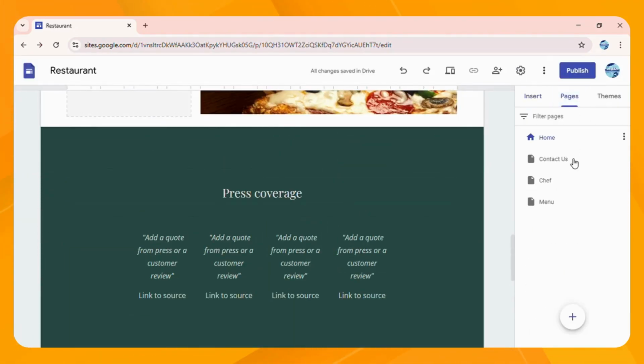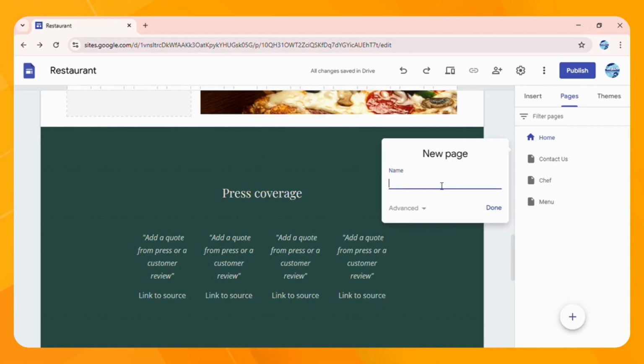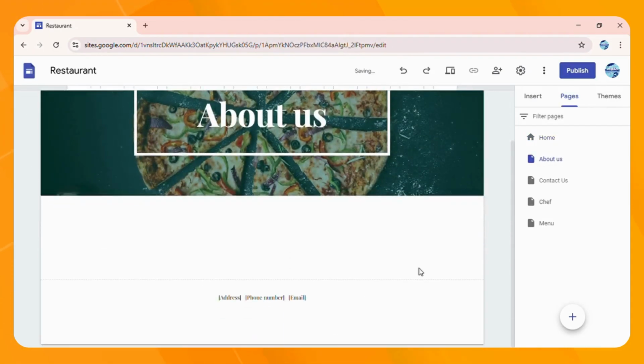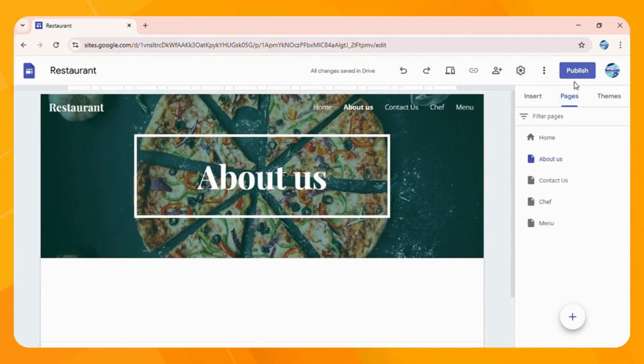Now to add pages, you're just going to click on this plus option, then click on new page. You can write anything like About Us and click enter. As you can see, it has been created. Now when you're done with everything you want, then you can just simply click on publish,